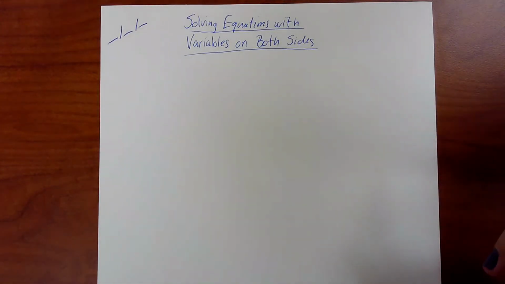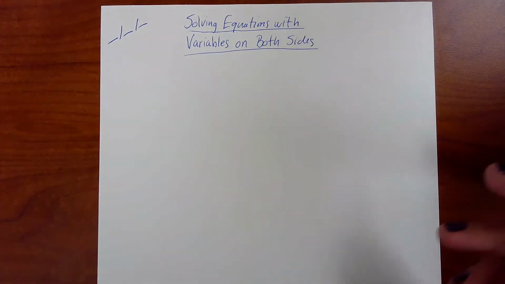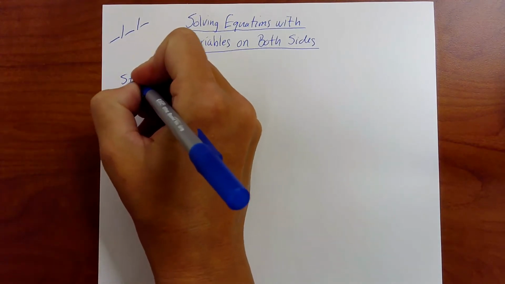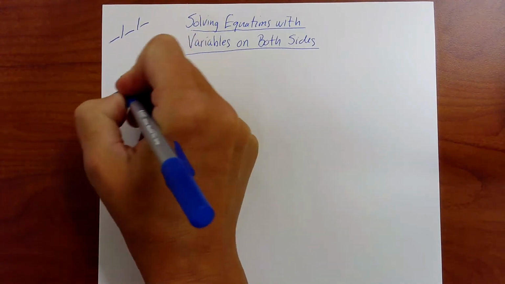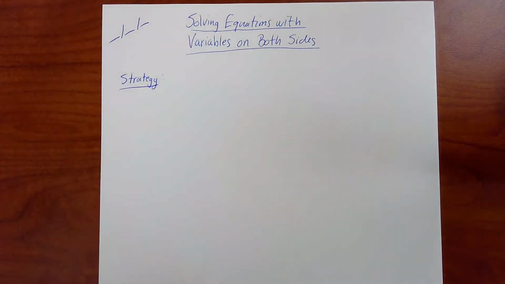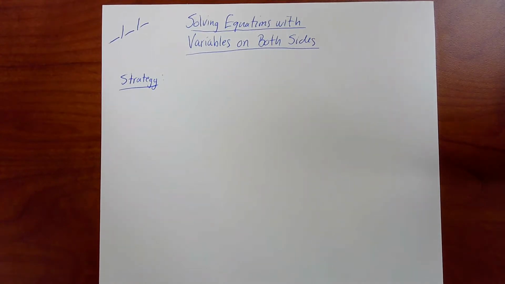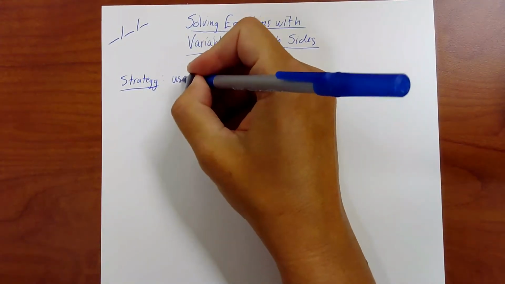We are going to talk about how to solve equations when you have variables on both sides of the equation. So our strategy here, what is our strategy going to be? Basically, the strategy is get all the variables on one side of the equation and then solve like you know how to. So we're going to use